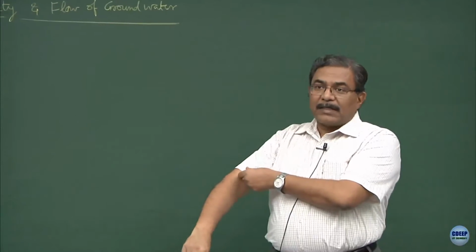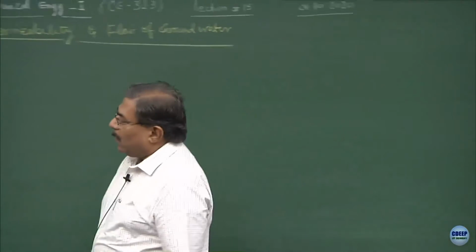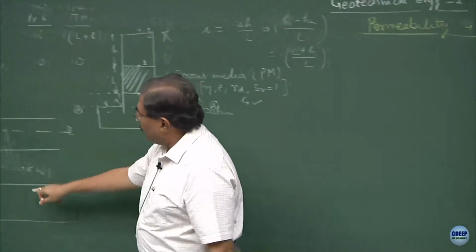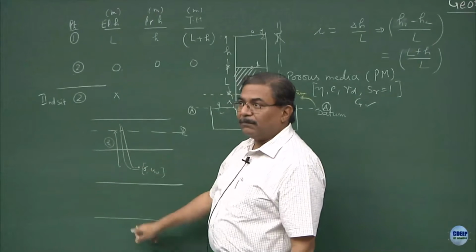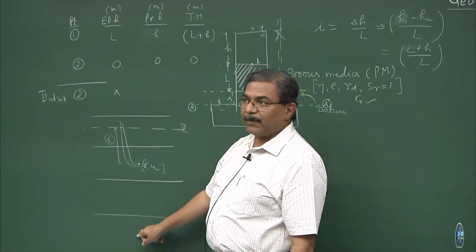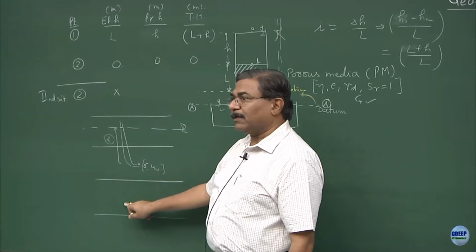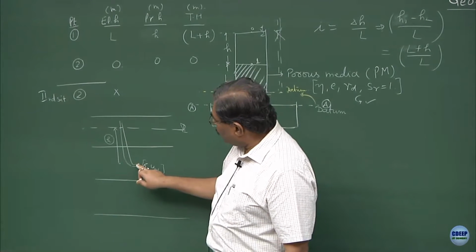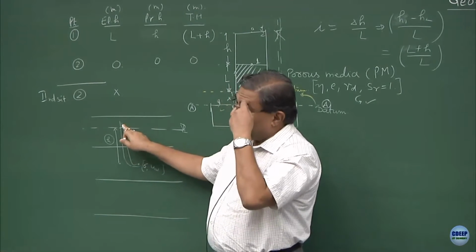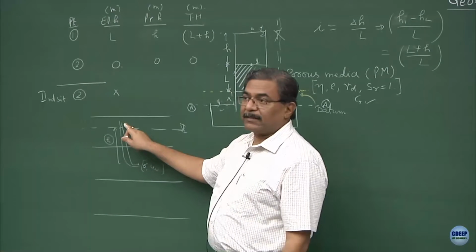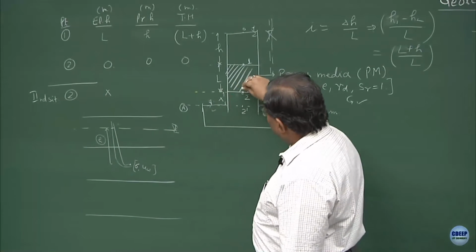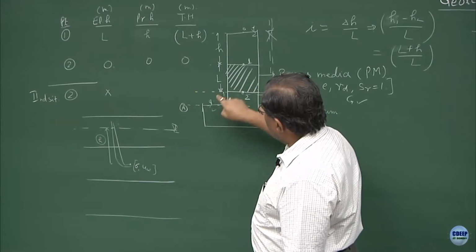And that is what you have to understand. Here the boundary conditions are different as compared to this. This is a continuum, which is not exposed to the atmosphere. So, if you install a piezometric tube over here, this will go and meet the phreatic surface. But in this case, at this point and this point, the atmospheric conditions prevail.